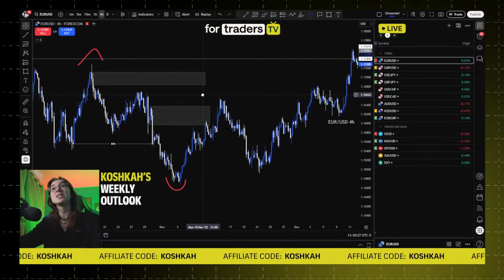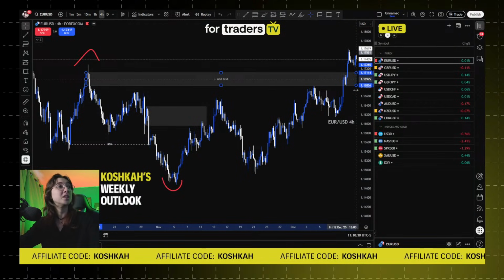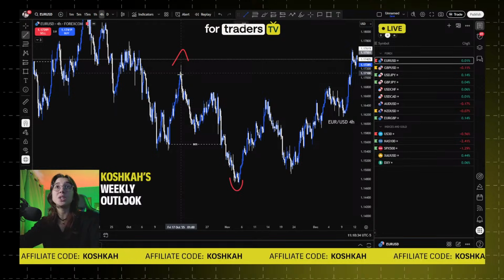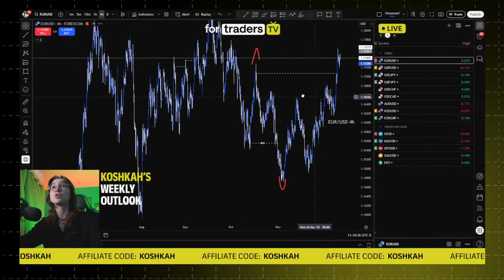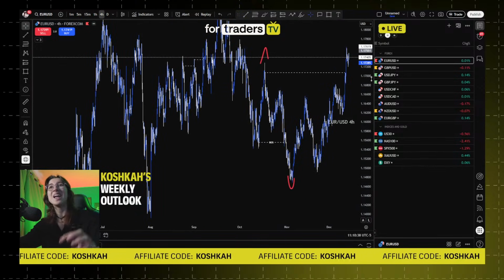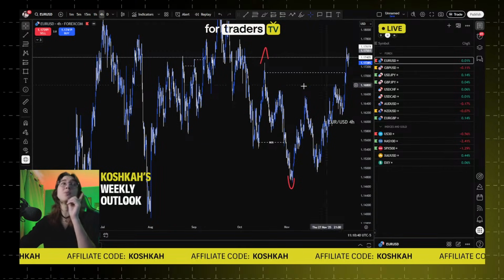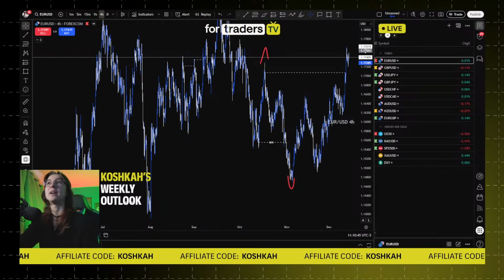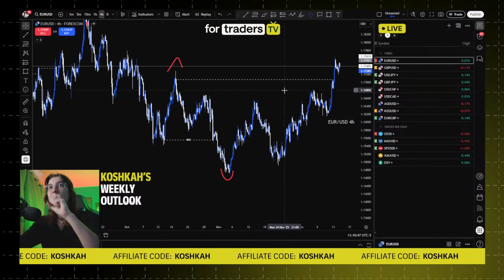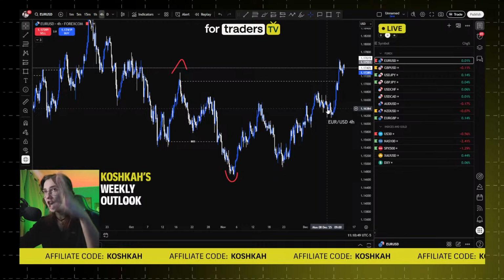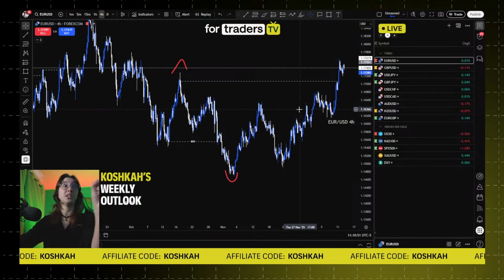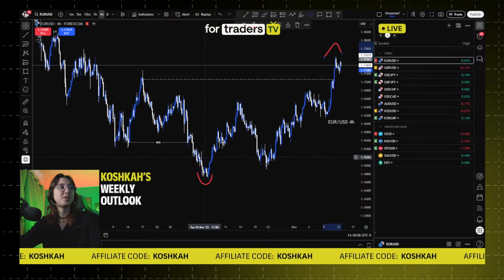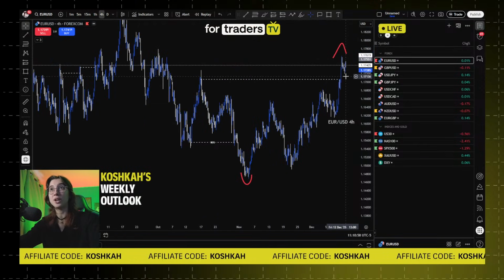But more recently, look what happened. We destroyed the POIs, so we destroyed the zones, and now we're getting more bullish. So now we just broke structure to the upside right here. However, there's one problem with it. The problem is that the range is ugly. It's super ugly. And as you can see right here, it is really, really big. If you do this, this is the new range with this break of structure.